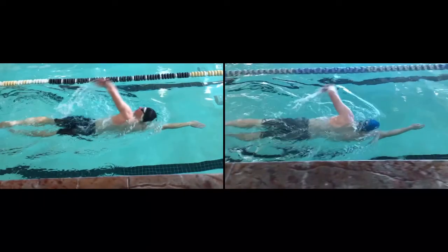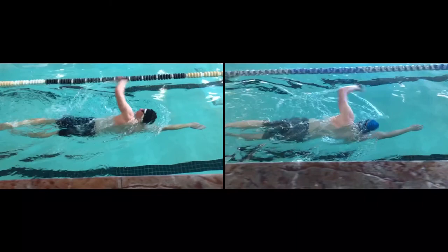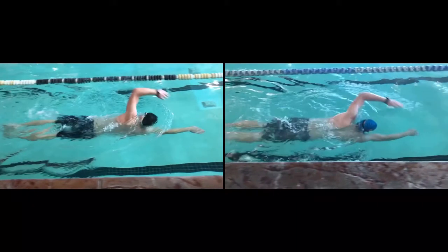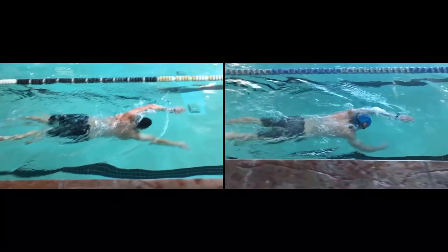So he starts with that arm a little high, so you can see that arm is angled up. We have already talked about that. But then look what he does with that arm. So notice that there's not much change in the wrist angle. And then look what happens right there. See how he